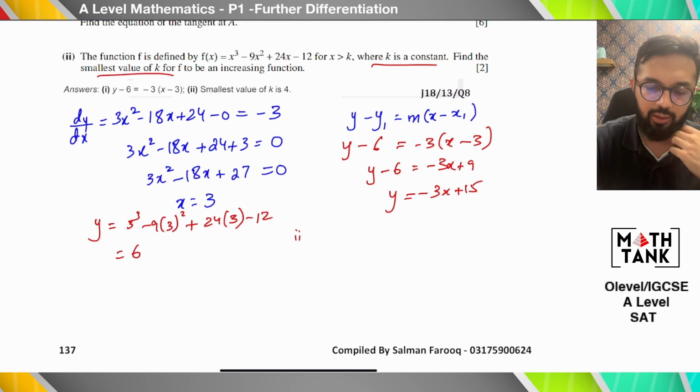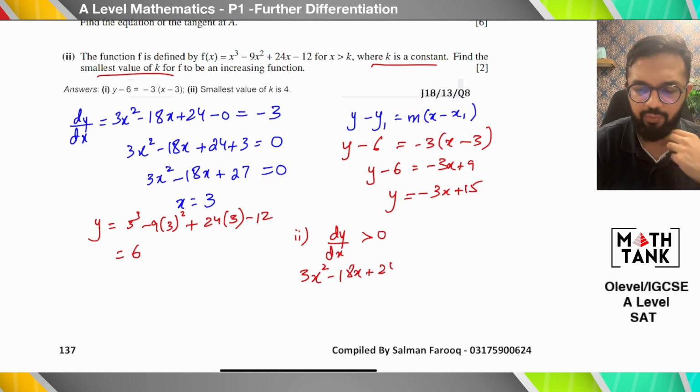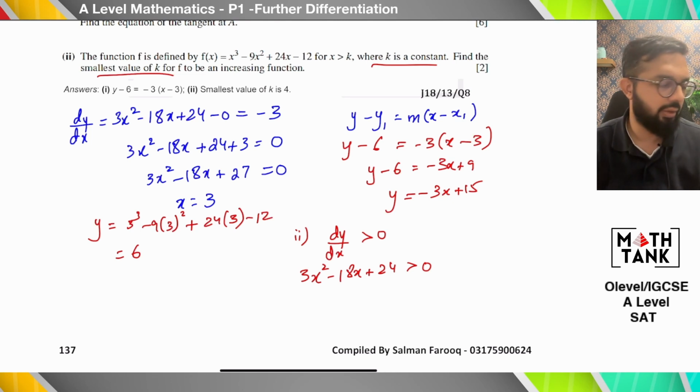Okay, so I want dy by dx to be greater than 0. That's what increasing functions are. So let's put that in here: 3x squared minus 18x plus 24. So basically it's solving a quadratic inequality. So when I solve this quadratic equation,